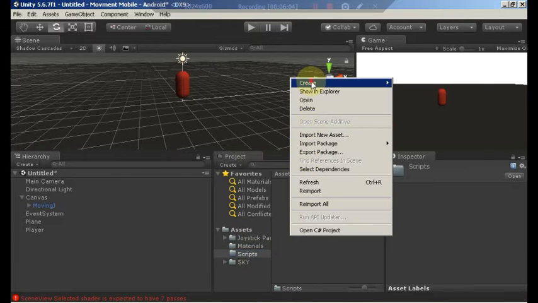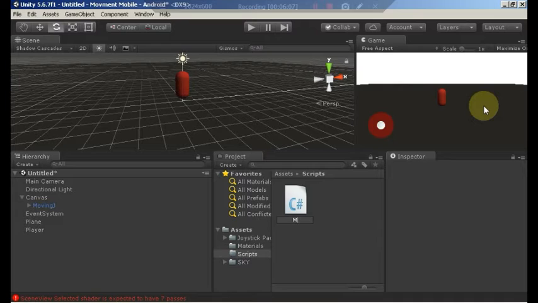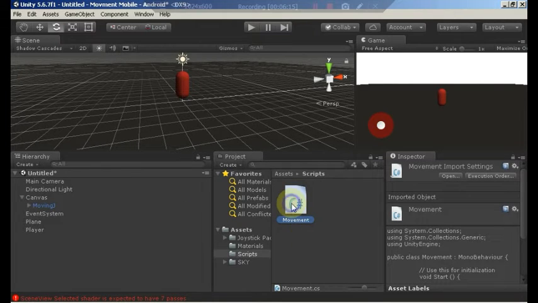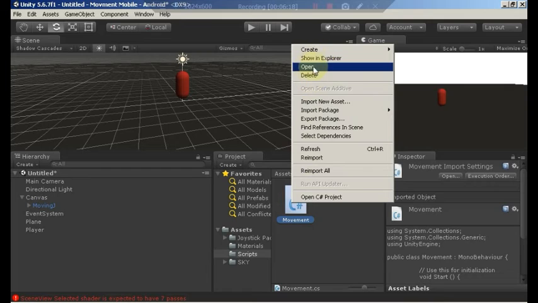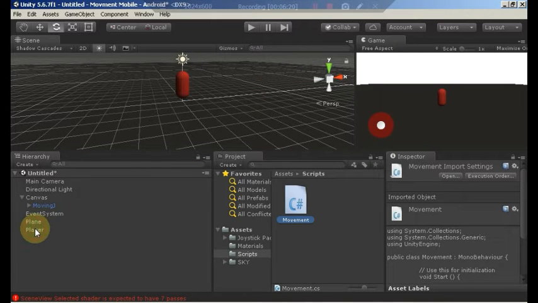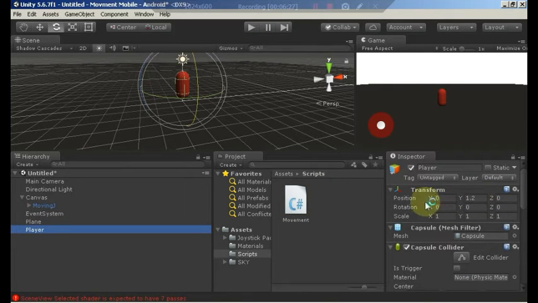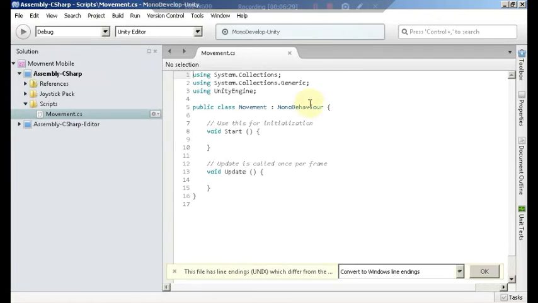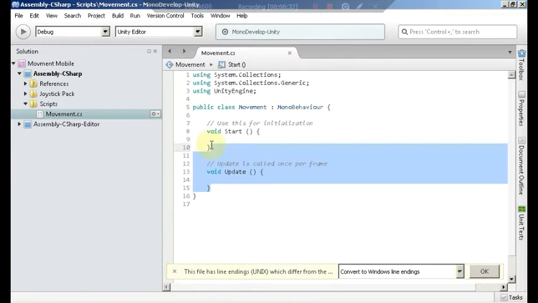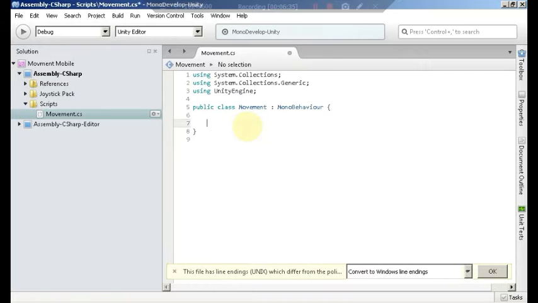Now let's create a new C# script and call it movement. Click enter and open it in MonoDevelop or Visual Studio or any editor you have. Select the player to make sure everything is correct. After opening this, let's delete the start and update function, and let's create a speed for our player. Click public float speed,